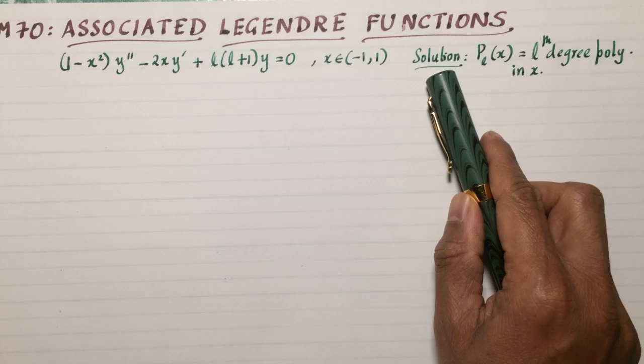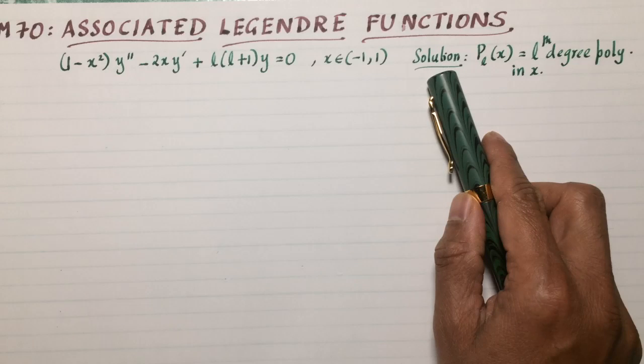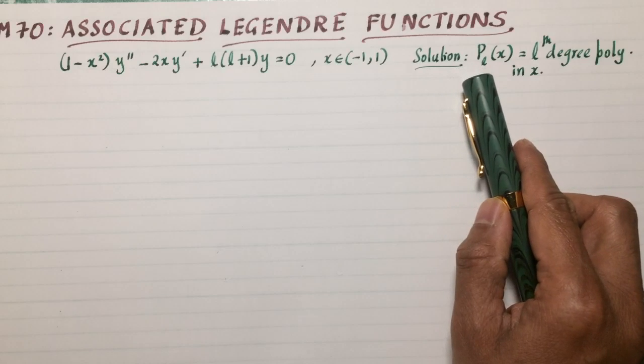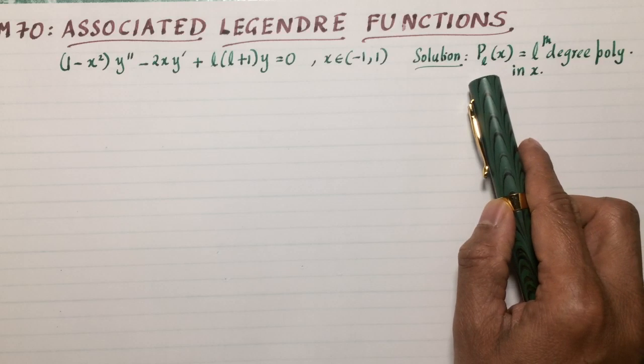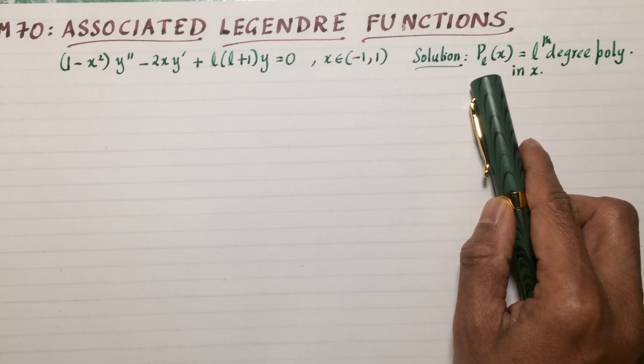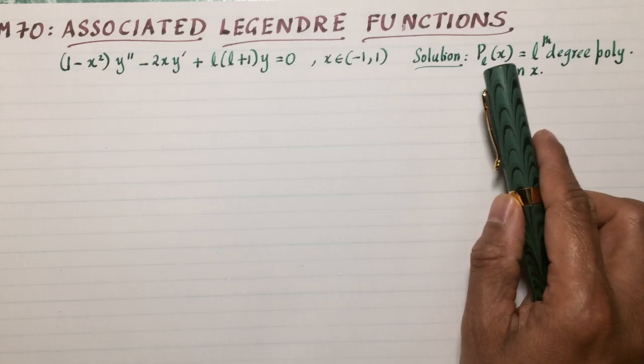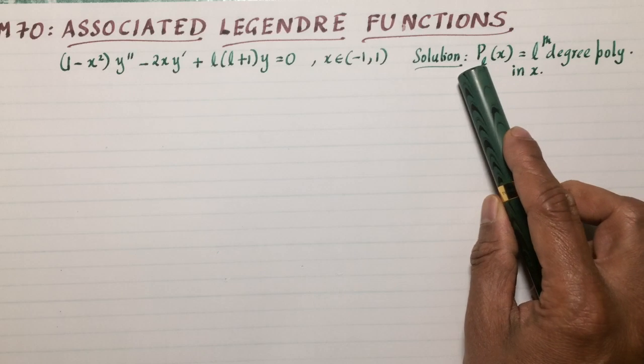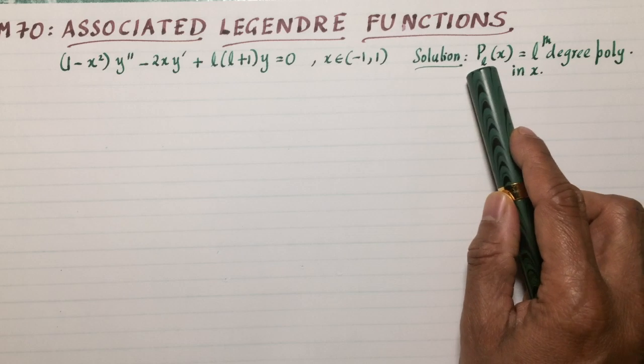A second order differential equation needs to have two independent solutions by the existence and uniqueness theorem of Cauchy. So where's the second solution? We already know that there are going to be two solutions, the even and odd polynomial for each value of l, and for a specific value of l, only that kind of polynomial survives. For example, P_1, only the odd polynomial